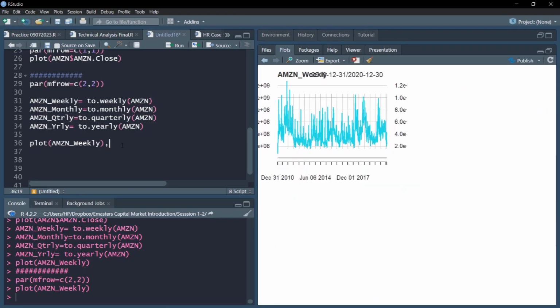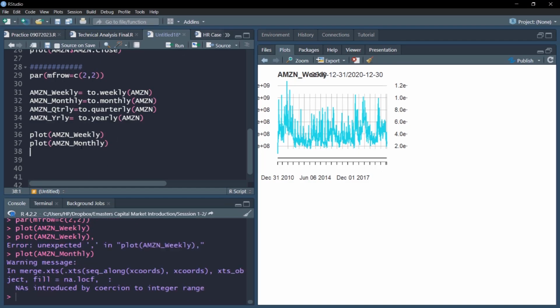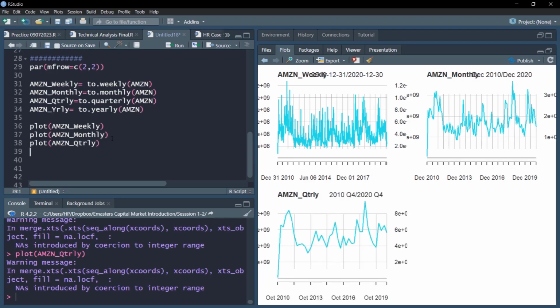First is weekly, then I'll plot monthly, then I'll use quarterly, and lastly I'll use the annual.